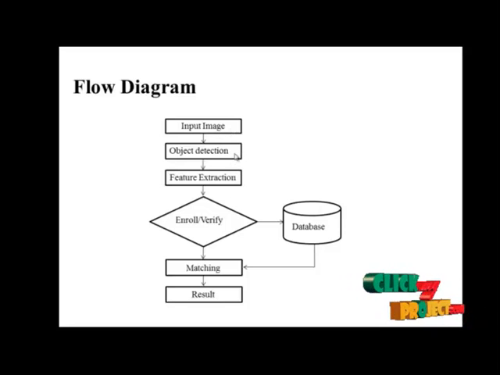There are a lot of steps included, such as feature extraction as the next step. Before that, we have to select the object from the image, and it separates the foreground and background. So the object is detected separately. Then the detected object is passed to the feature extraction. The image is detected as an object, then the object is extracted as feature values. Then that is the enrolled or verified part.